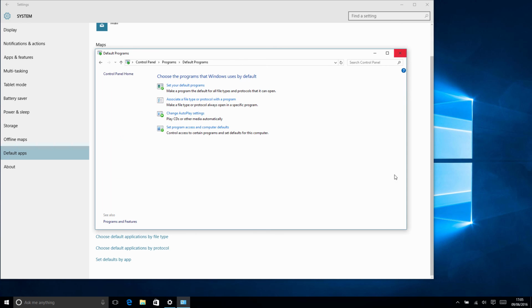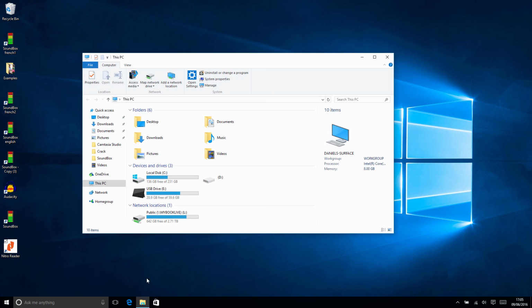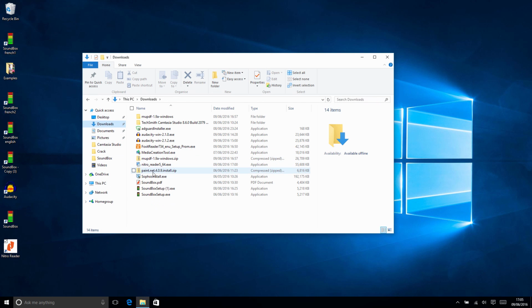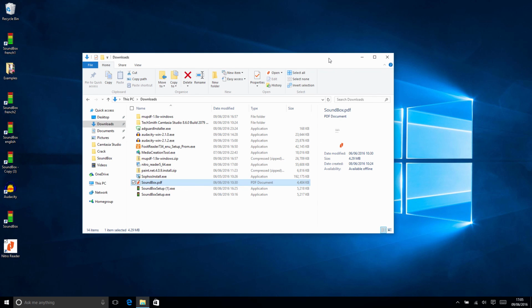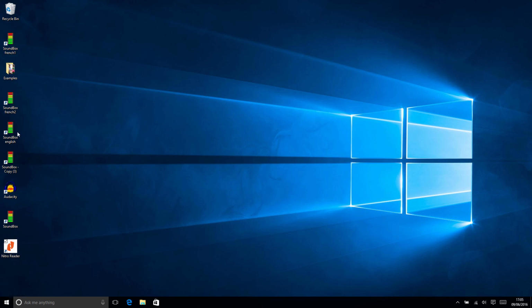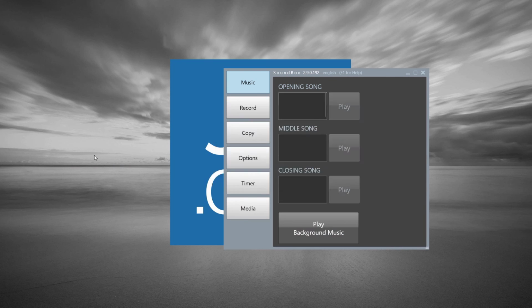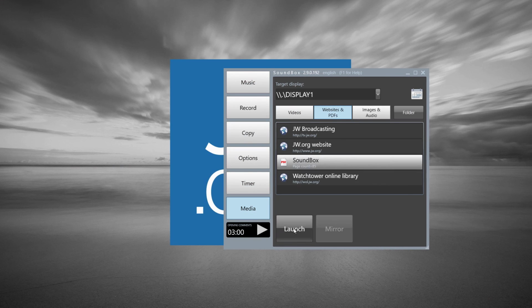So if I click OK, close that, open my documents folder, my downloads folder where my Soundbox PDF is, double click it, it opens Nitro Reader, so we know it works. So a bit of a fiddle, but anyway, it's done. So now if we go to Soundbox, go to Media, go to Websites and PDFs, open Soundbox and launch it,